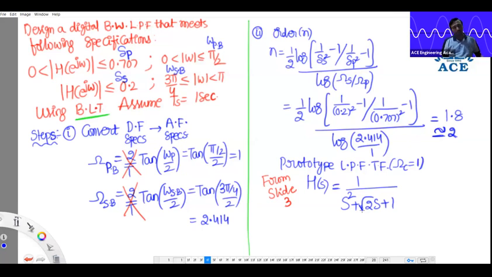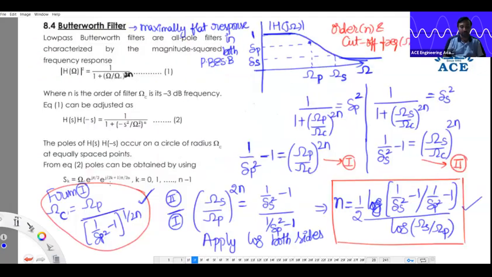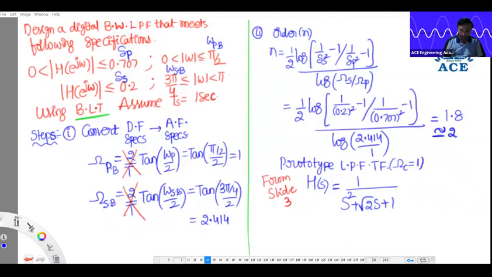But for a given question, cutoff need not be 1. That point only we have to check now. What is that formula to find out omega c? Omega p divided by